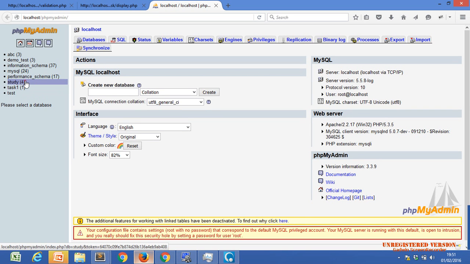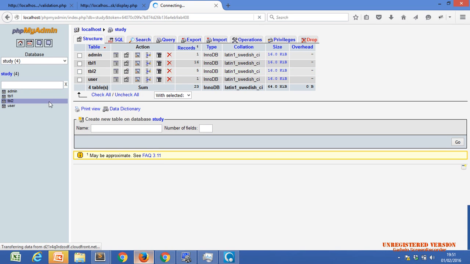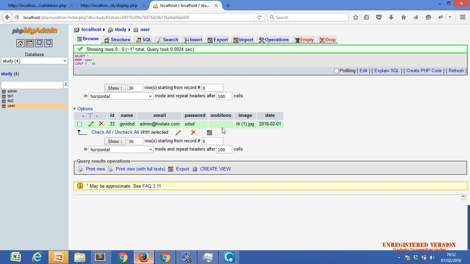Within the study database, you have 5 records in the users table. Right now there is only one, but let's assume there are 5 records. Now I just want to delete the third record, only the third record. How will I delete it, Nazar?